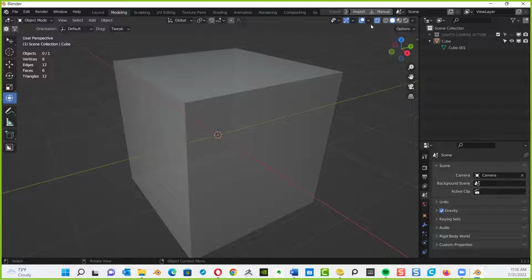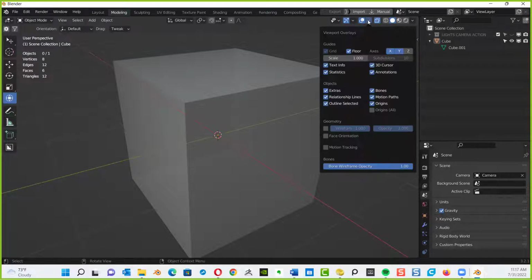And they're called overlays. Just to the left of the X-ray button, up here in the top right-hand side of the screen, you'll see two circles overlapping each other. If I hit the drop-down list for that circle, everybody should be watching me, and I'm going to let you do it. You've got overlay options.